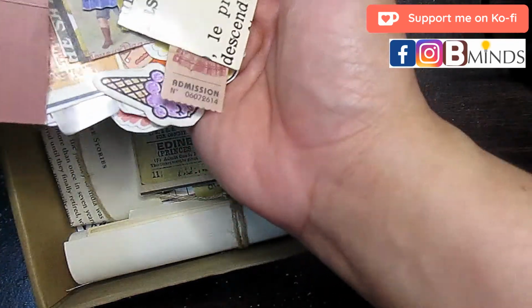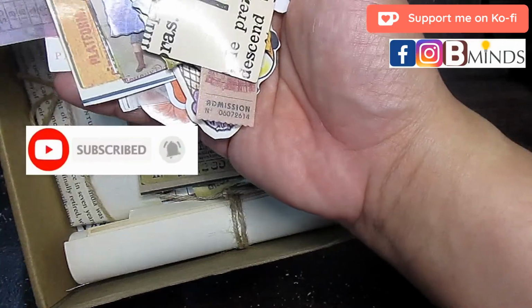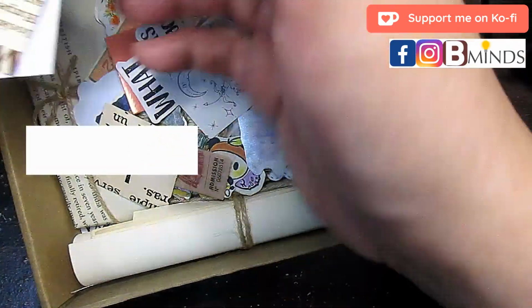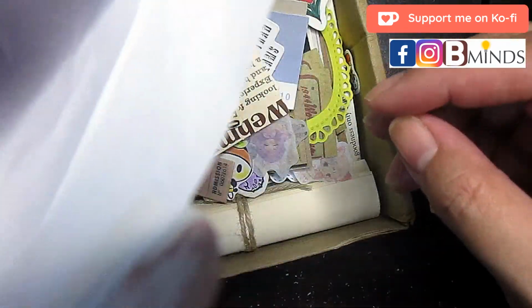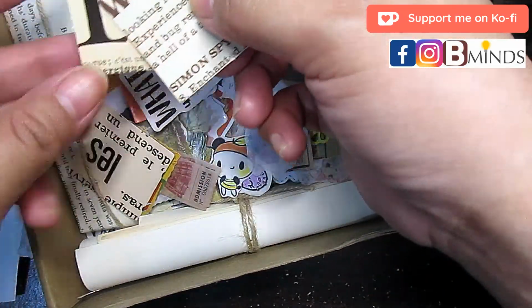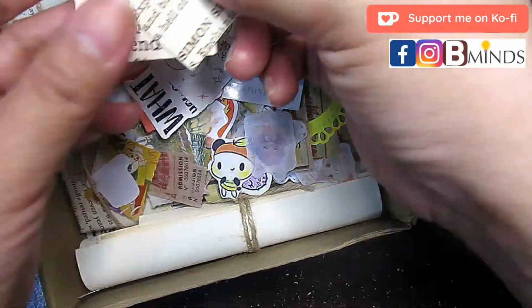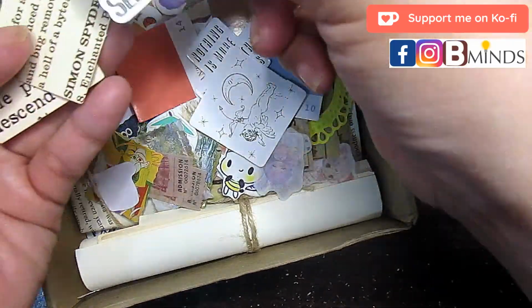Okay, so there are some stamps, and I would like to show it to you. So these will be the stickers that I will be putting on my journal. Alright, it's empty now. Okay, so let's see what we have. Alright, so we have here some squares of cut paper from I don't know where. Alright, so yeah, there's